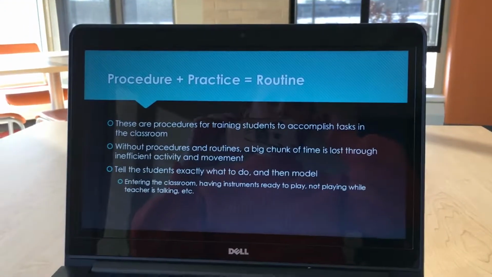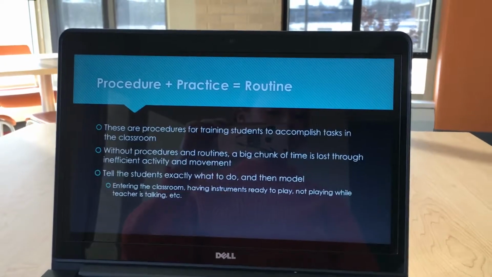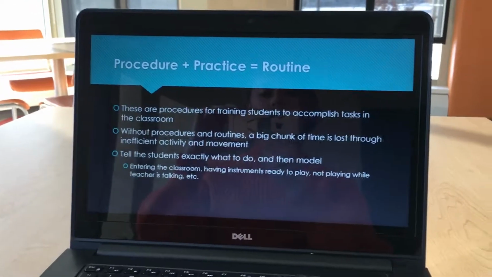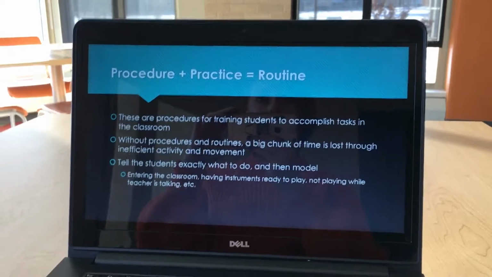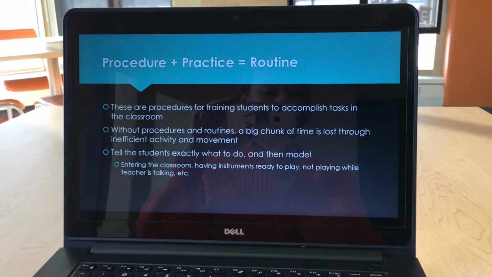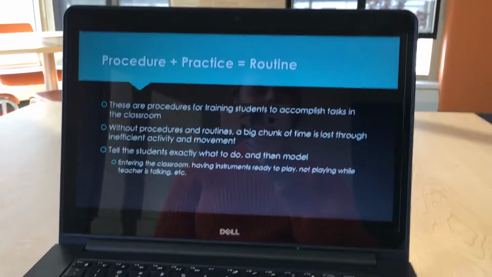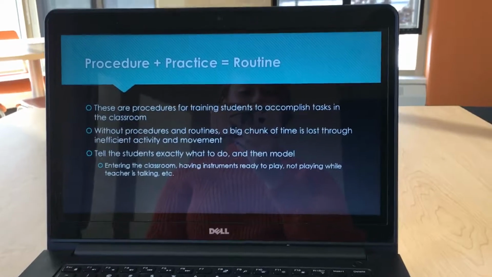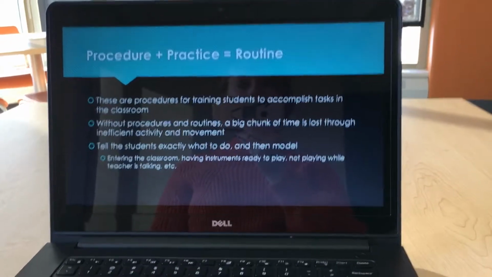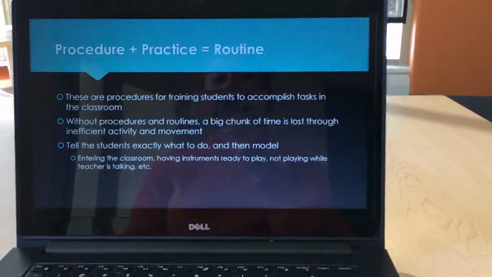And the teacher needs to model these in practice with their students immediately so they can lay down the groundwork for their functioning classroom so it isn't chaos. And then the procedure becomes an automatic routine, hopefully after a couple weeks, a month if need be. And if the students start to slack off or backslide, implement these again. Keep practicing until all the students know what the teacher expects of them, and just to stay on task.